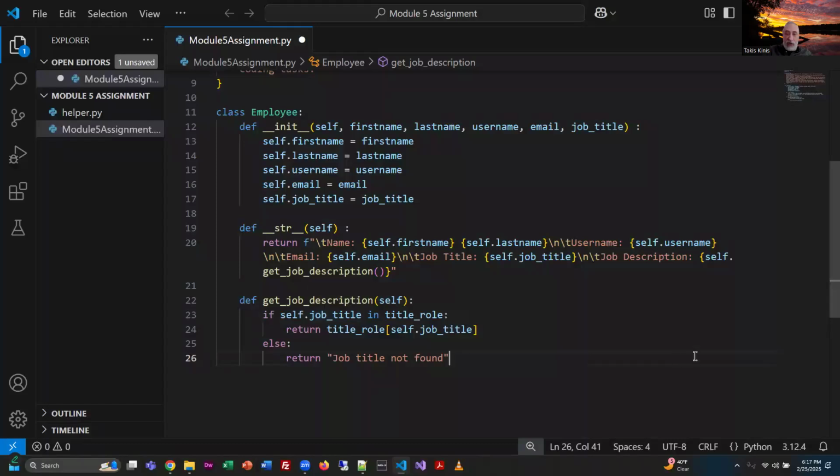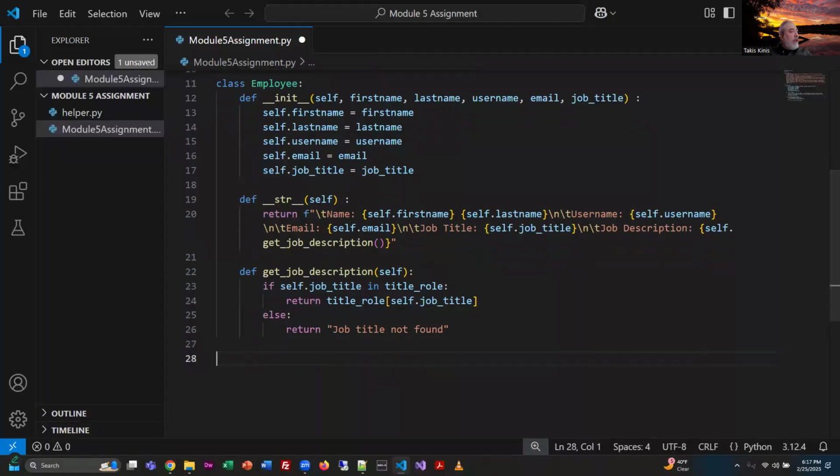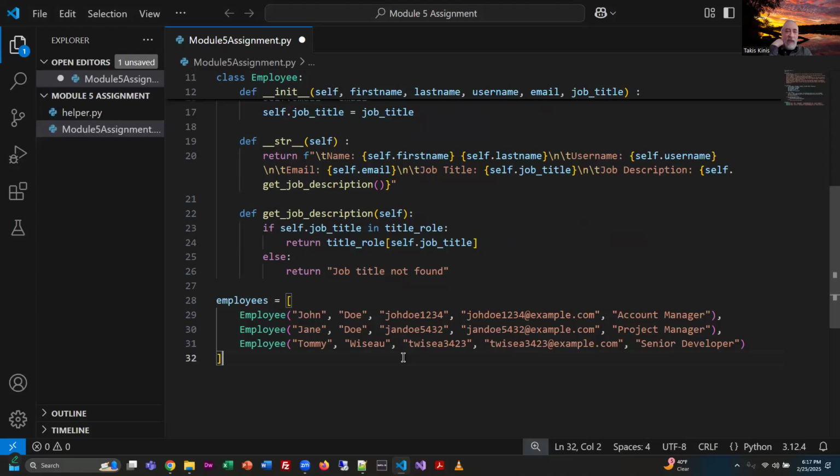All right, but that is the class definition. And I'm going to come back to the margin here and go down a line. And then we start building a Python list of employee objects, and we're going to pre-populate that. Now, once again, I'm going to share that with you because this is just data anyhow. Right, so here's my Python list of employee objects, right? So this will actually create the employee objects and put them in the list. So we got John, Jane, and Tommy. I'm not sure where those came from, but